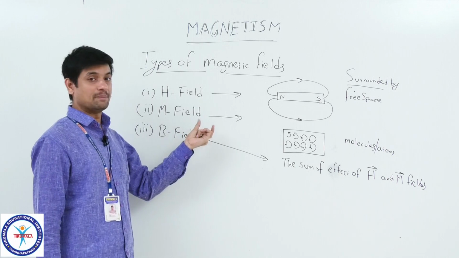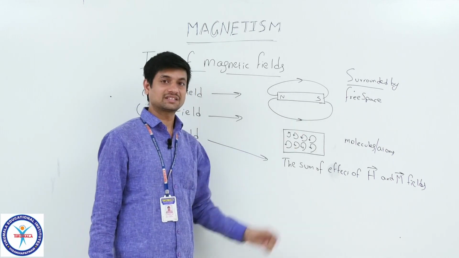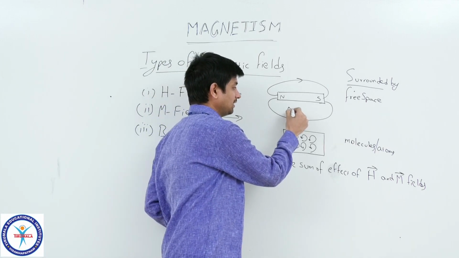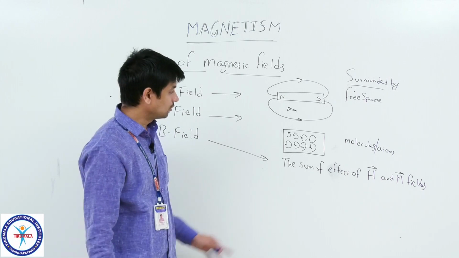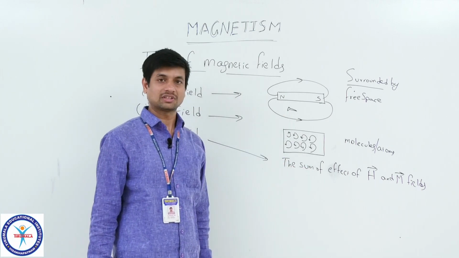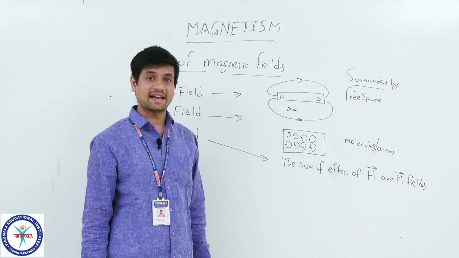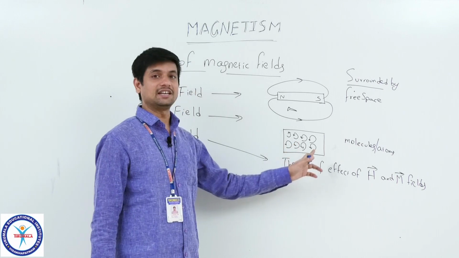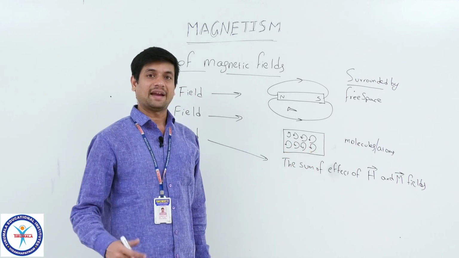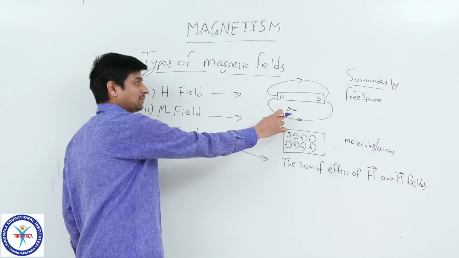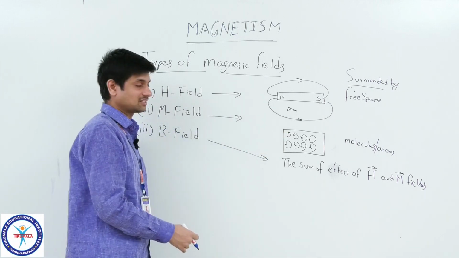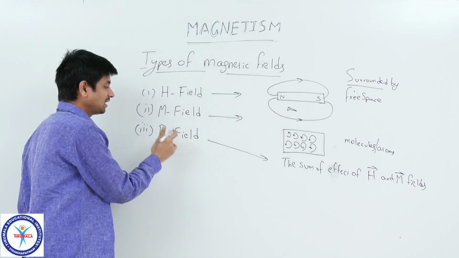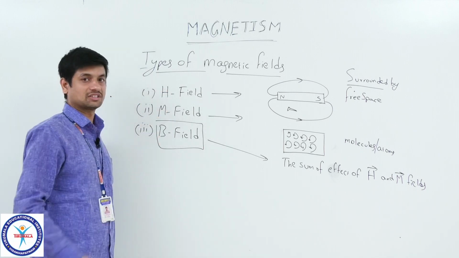Now I kept one material inside this magnetic field, like one iron nail. Now this iron nail contains molecules and atoms. So each molecule has its own magnetic moment. So again it will produce its own magnetic field. So whenever I keep any material which is being magnetized, both will interact and give you the ultimate magnetic flux density.